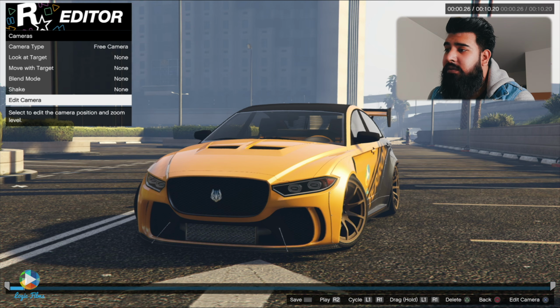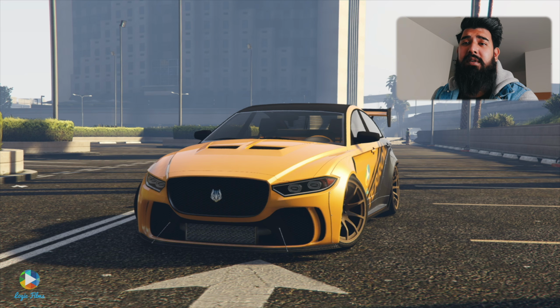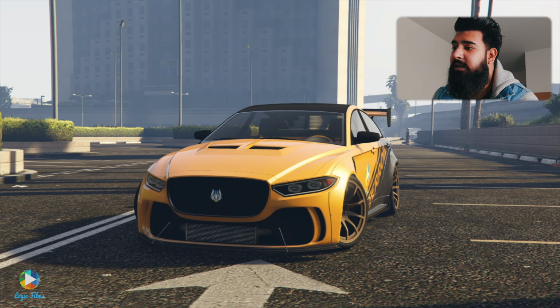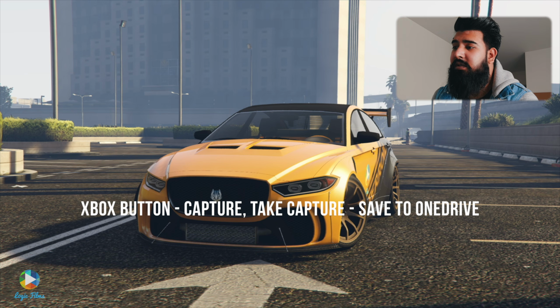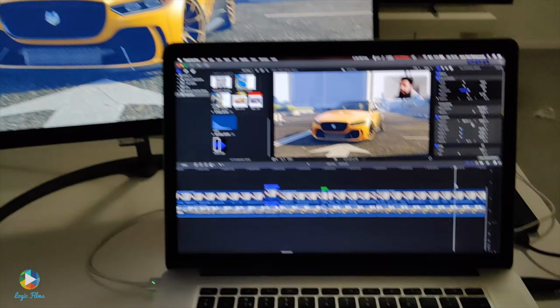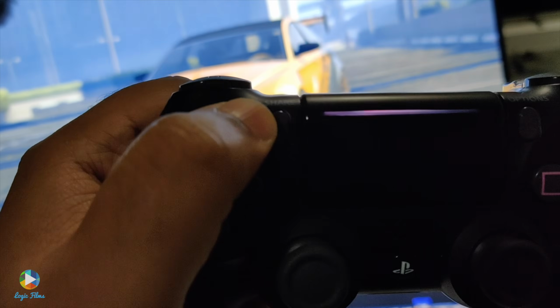Now, what you can do is you can press R3 or H on the computer or right analog stick, I don't know, on the Xbox. Just press that and it'll remove everything from the screen. Now you have a clean screen. Now you have something to take a screenshot of. So what I would do, which I can't do now. Yeah, so I can't show you it because I was recording obviously, but what I would do,